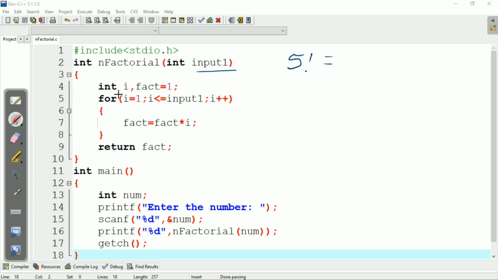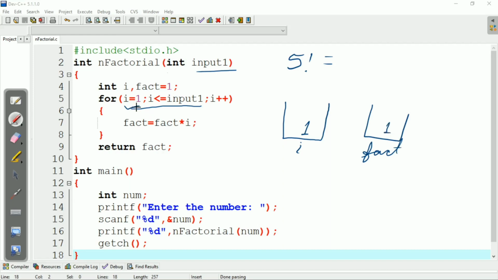Now we have declared the i variable and initialized the fact variable to 1. After that we will check the condition present in the for loop. Here we can see that i equal to 1. At first we have initialized the i variable to 1 and fact variable to 1.